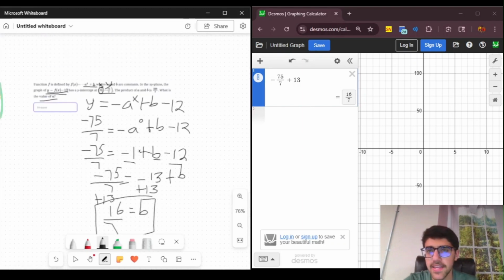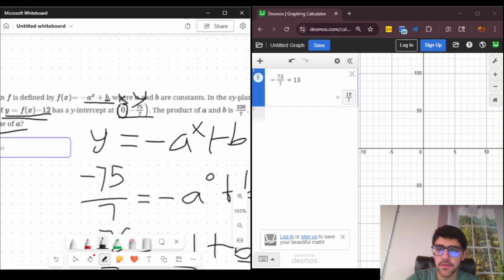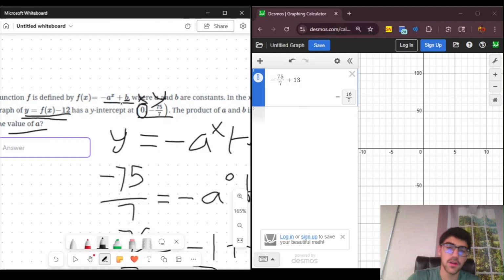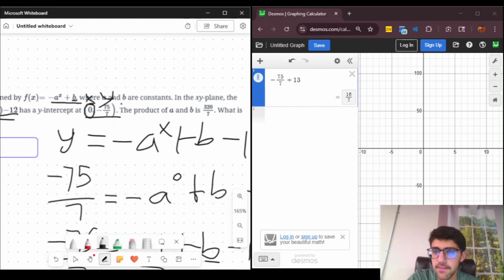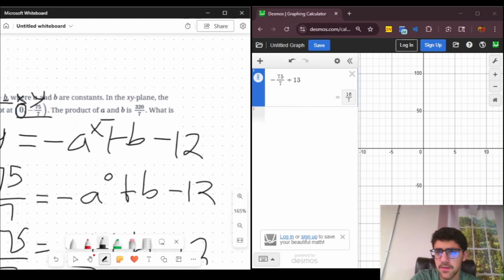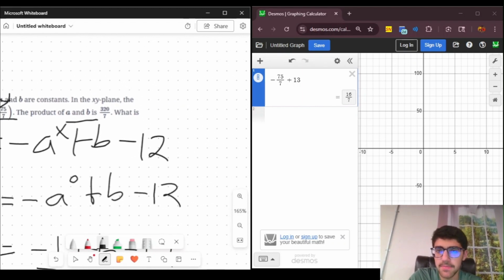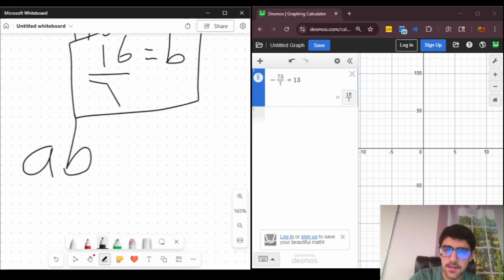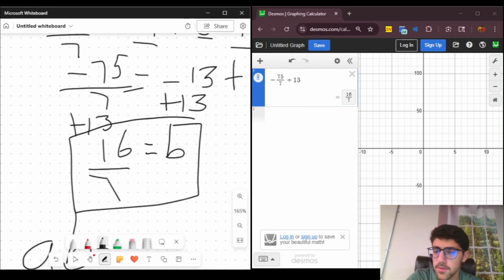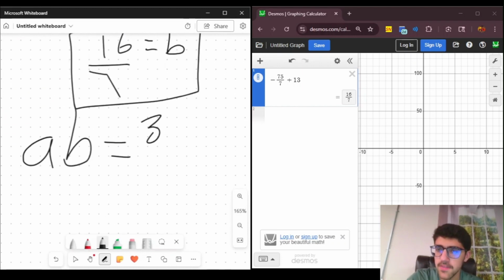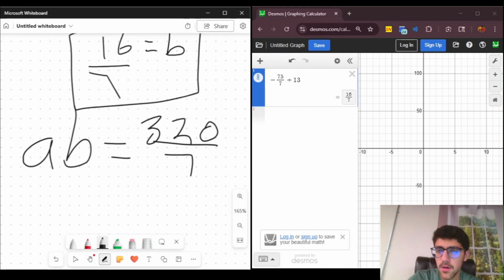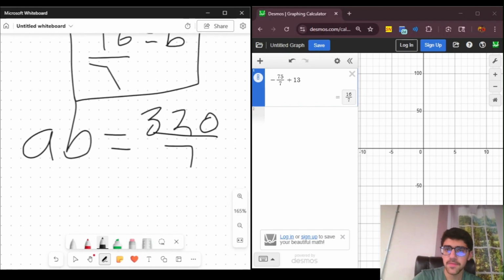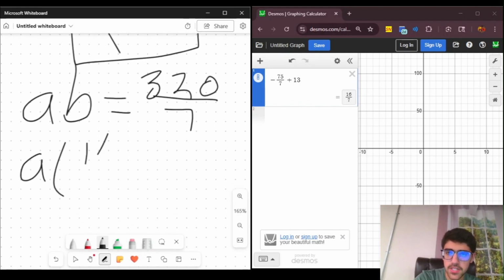So then, how can we find a? We only have one point, so it's hard to find a because we only have the y-intercept. Whenever we plug it in, a is going to disappear because a to the power of 0 is 1. That's why they gave us another equation: the product of a and b is 320 over 7. That means a times b is equal to 320 over 7. Because we solved for b, we can just plug in b and solve. So a times 16 over 7